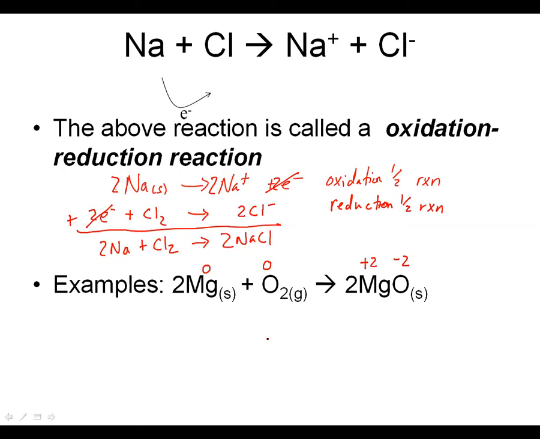Our magnesium is transferring electrons over to the oxygen. Again, if we look at that number line, 0, plus and minus, our magnesium is starting at 0 and heading towards +2, which is in this direction, which means it's going through oxidation, while the oxygen is starting at 0 and heading towards